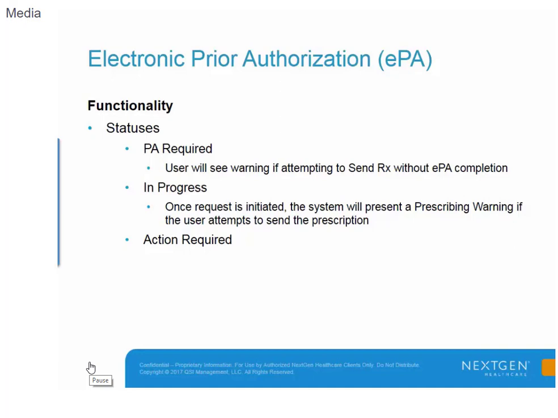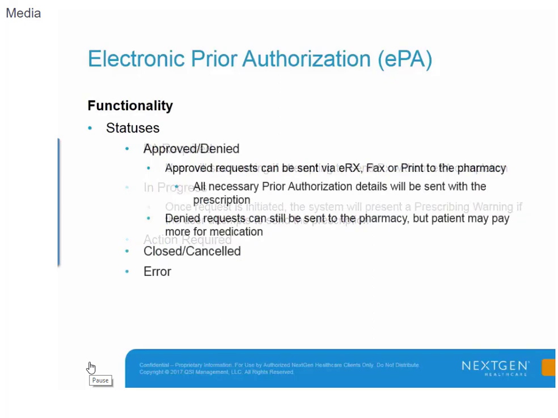In progress tells you the request is initiated and we're waiting on additional information from the PBM. And again, you can't send the prescription. Action required indicates that the user needs to do something. That's usually going to be the question set. You'll also see approved or denied. Eventually, the request will come back and you'll know if it's approved or denied, and you can send it to